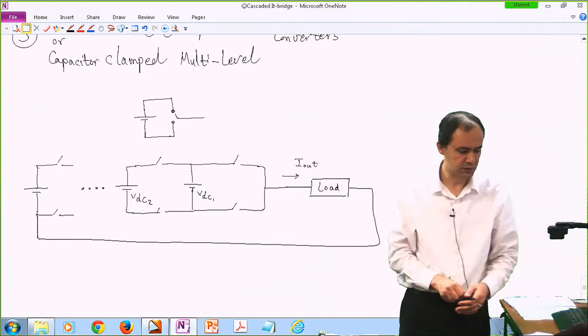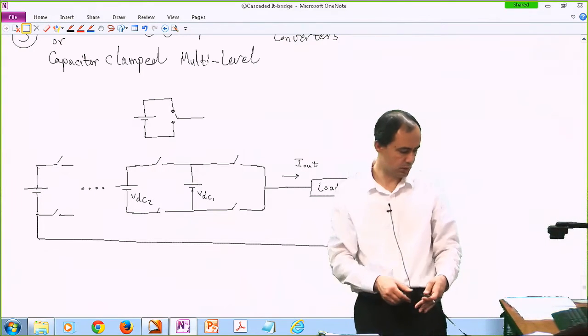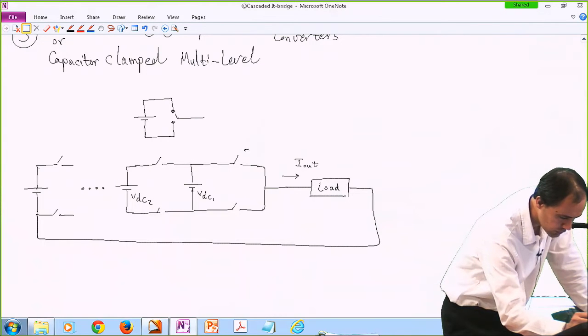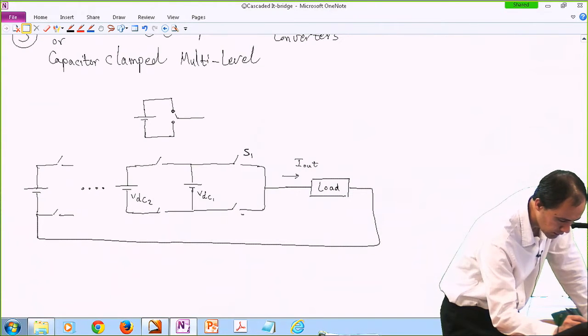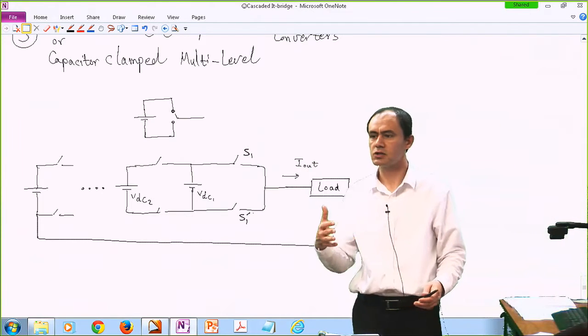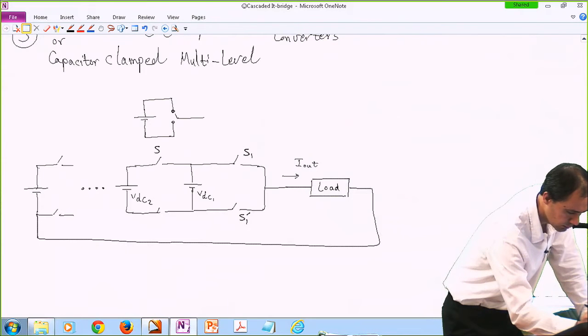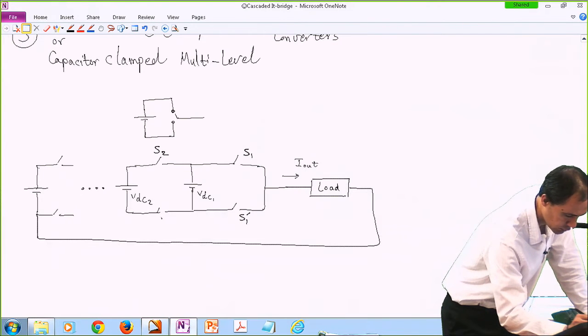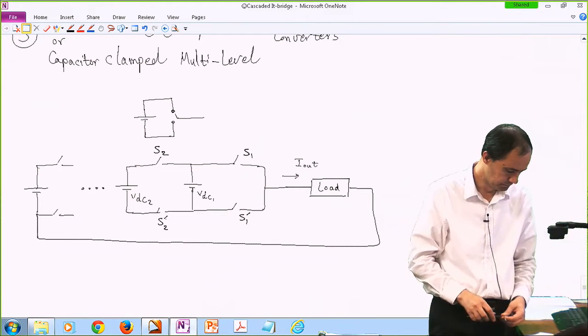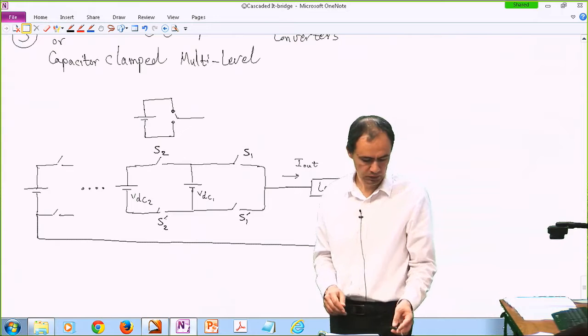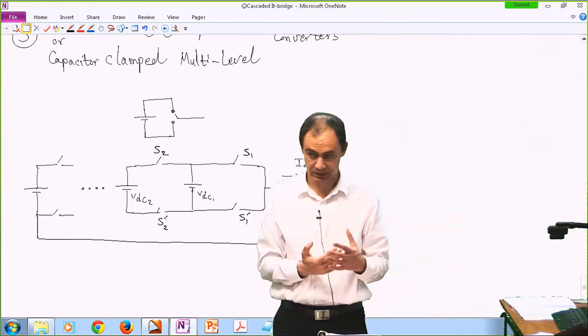So if we have a return path for our electric current, I will label this S1, and to make sure we don't forget that these are complementing each other, this is S1 prime, and this is S2, and then S2 prime. Okay? So assuming which one of these switches is engaged or not,